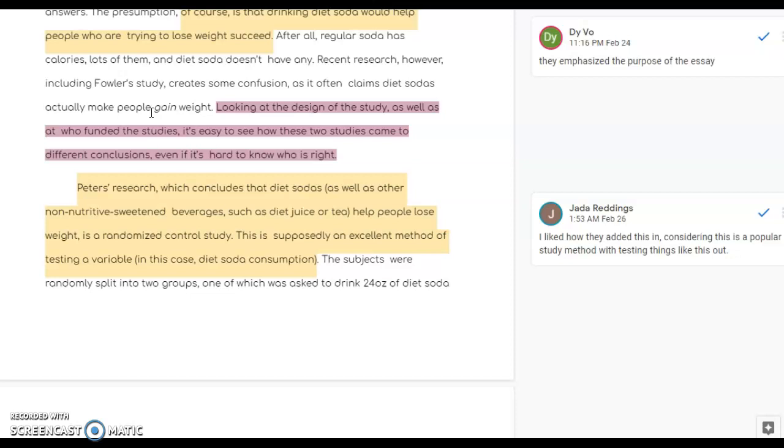One of the things we've been trained to do in our introductions is actually come to a conclusion. So we say X is the case, and then you go and try and prove that. That's what the rest of your essay does. But humans don't actually think that way. We ultimately want to be led to a reasonable conclusion. So this starts out with, it's hard to know who's right. Obviously, we expect the paper to kind of walk us through and help us try to identify that.